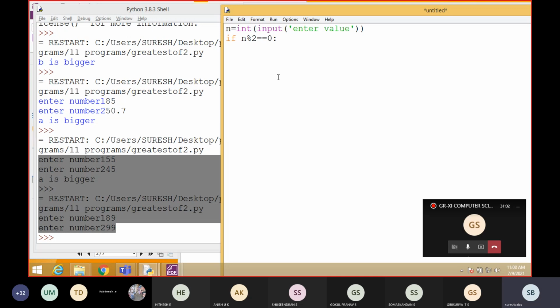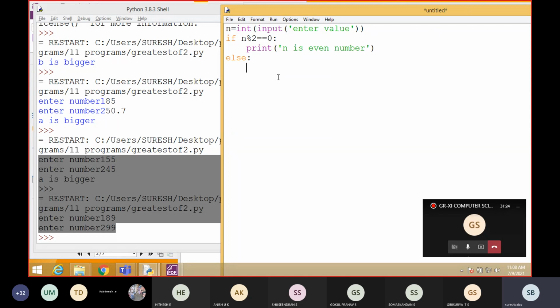If the remainder is 0, that becomes true. If true, it will return the output that n is even number. Kindly note down this program. Suppose the condition fails, it is going to return the else part.